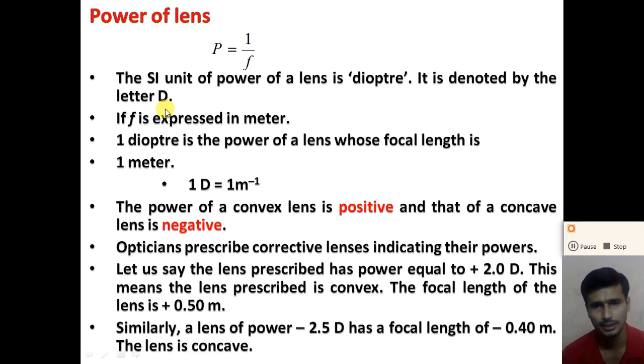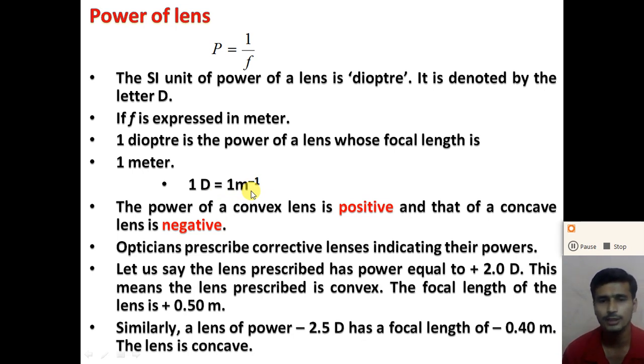1 meter. If a lens has a focal length of 1 meter, the power of that lens is 1 diopter. So we can write 1 diopter is equal to 1 meter inverse. So if the power of a lens is 1 diopter, we can say that the focal length of the lens